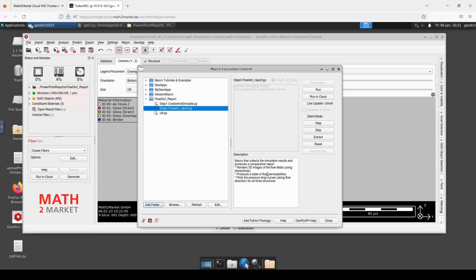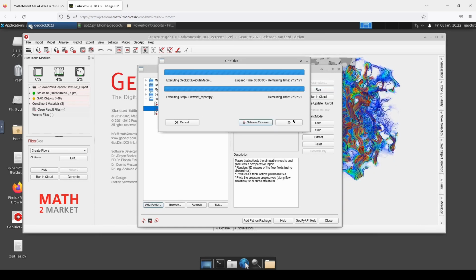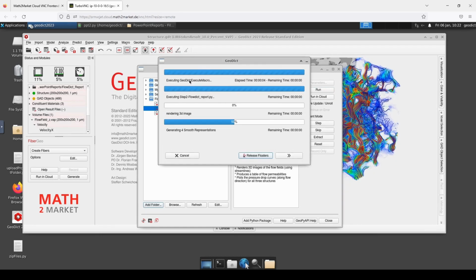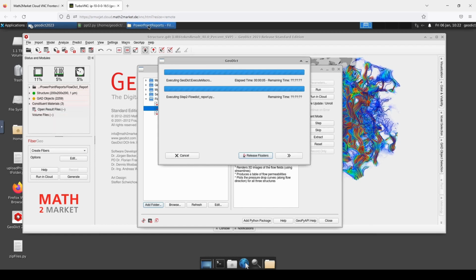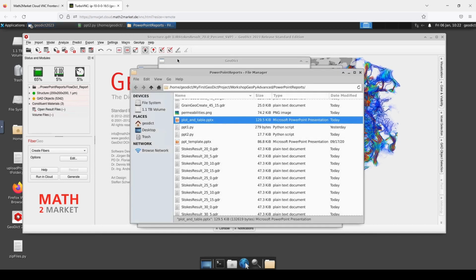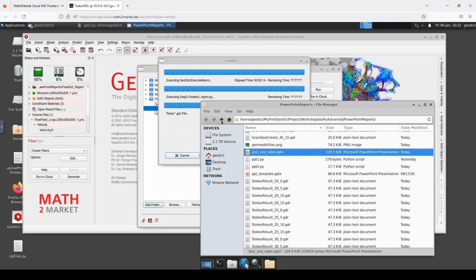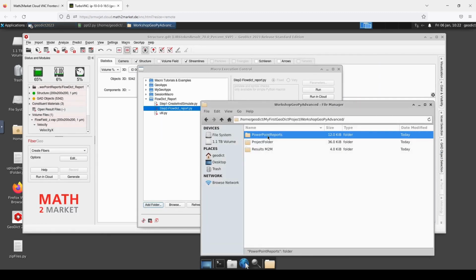Or know that you can also record the session macro running these scripts and combine them into a new macro too. This folder already contains the result from step 1. So I would like to ask you to just run step 2 here. You could also run step 1, but it takes a couple of minutes. So let's just go and click step 2 and run it. Now we go to the Explorer again, go to the Workshop folder, PowerPoint Reports, and then the subfolder GeoDict Report